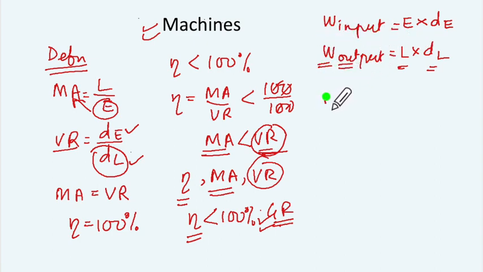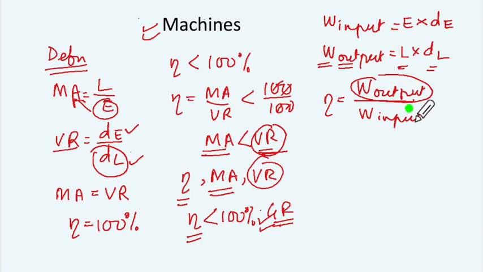And then we'll have efficiency, which is also defined as work output upon work input. And remember, this work output can never be more than work input. So this efficiency maximum can be equal to 1, or for a practical machine, it will always be less than 1. So remember, efficiency is always less than or equal to 1, or you can say less than or equal to 100%. So you can have the option, efficiency can be 100%, less than 100%, greater than 100%, all of these three, or none of these three.